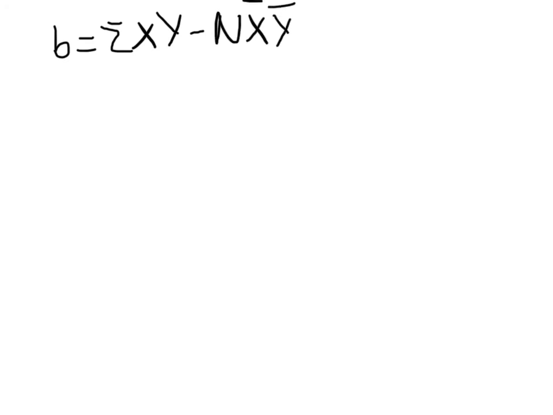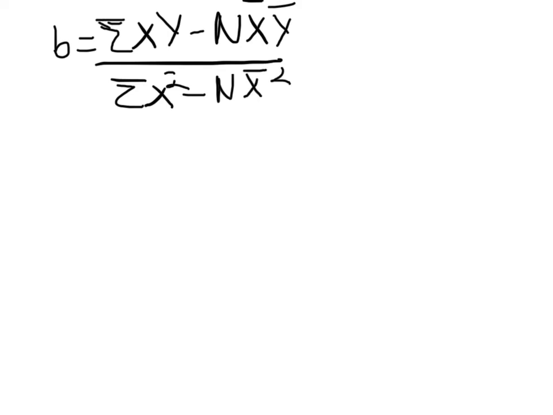So my equation for b is the sum of the xy minus n times the mean of x times the mean of y, and that is all divided by the sum of the x squareds minus n times the mean of x squared. So I can take what I learned from my previous slide and plug those in here. So my sum of xy is 373. Let's see, 373 minus, and n is 5,